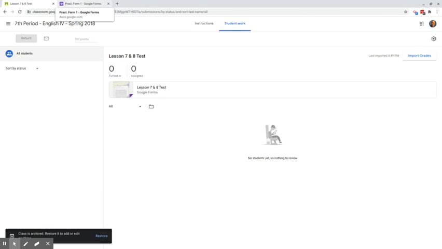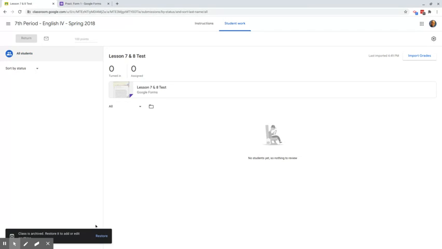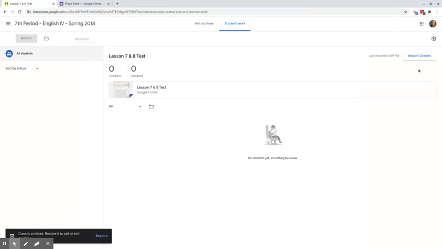There are other grading programs that you can use in conjunction with Google Forms that will do it more automatically for you, but they have their drawbacks too. One of them is Flubaroo, which I'm going to be doing a video on, but it has some other drawbacks. So as long as you've got a form that's on a 100-point scale, or you don't mind, it'll import it into Classroom. You don't necessarily have to release them from Classroom or from this form. Once you import it, you could actually import it first and then select all your students and return here in Classroom. So there are 2 ways that you can return